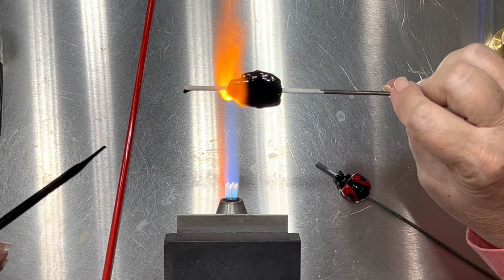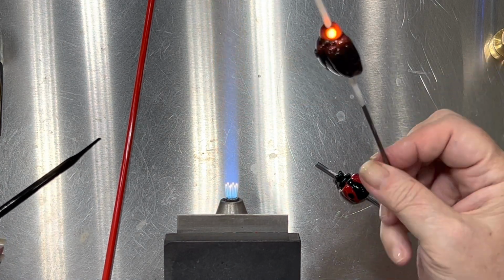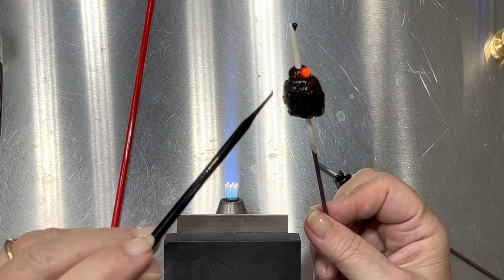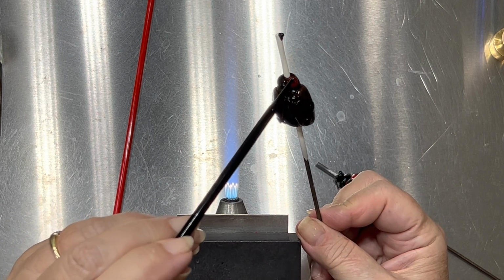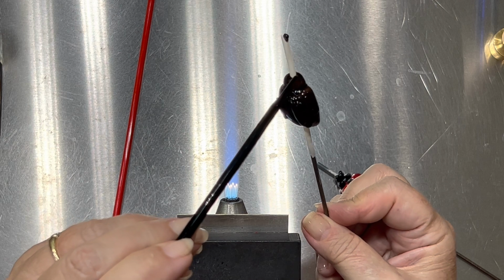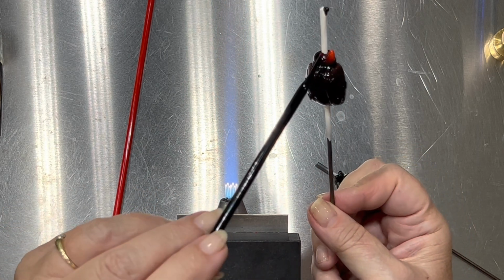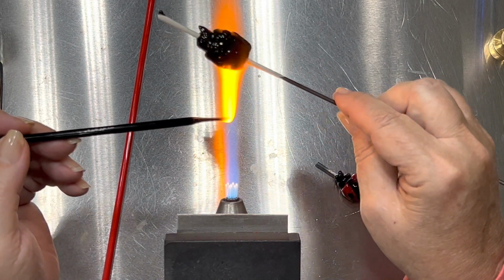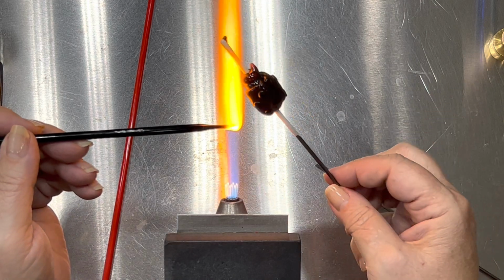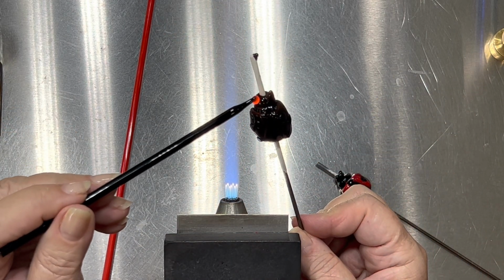So I still have a dot there, but I'm leaving it raised, and I'm heating it all the way around so it's connected well, and I stop and I let it cool down, because after it cools down, that's when I can pull it out with my glass. I just gave it a pull, and then I put a little heat on it. So let's do that again on this side. We're going to heat up some glass, put it down like a dot,